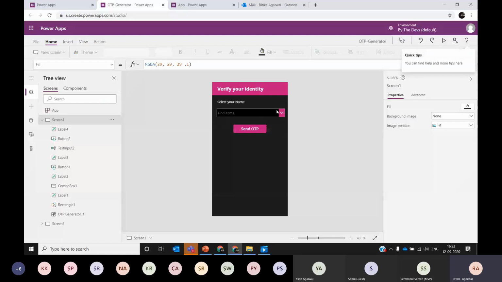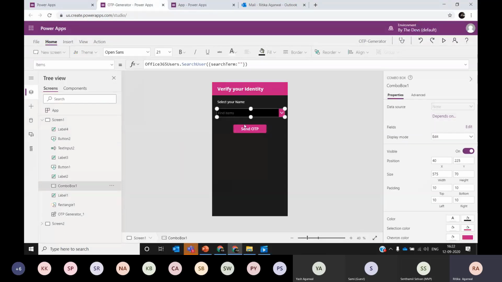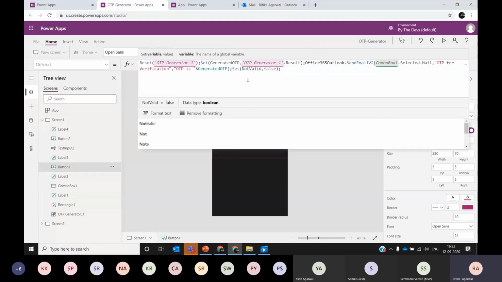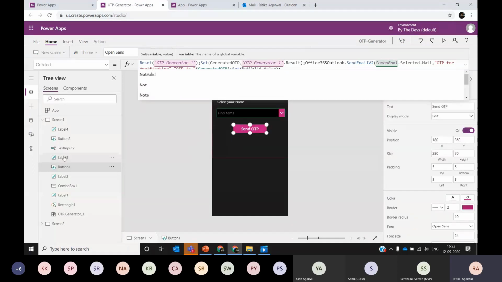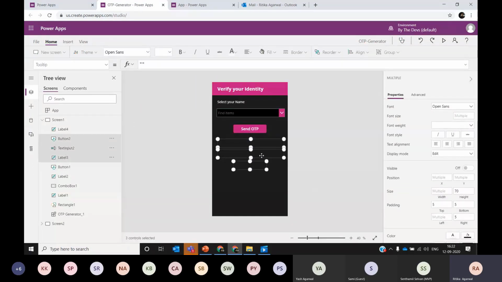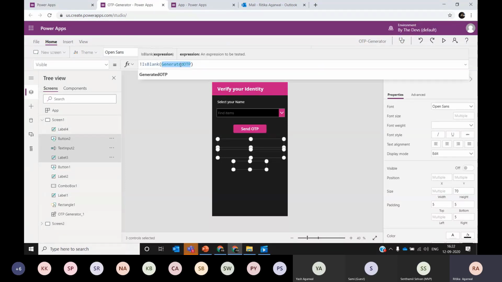If I explain the functionality here, it's the same. It is going to send the OTP. The expression is the same, whatever we have entered. And regarding these controls which I added for entering the OTP and the submit button, right now they are not displayed on the screen because OTP is not sent. There is no value for OTP, so it's not displaying. I have added a visible condition here. So if the generated OTP is blank, then hide these controls and just show me a blank screen.